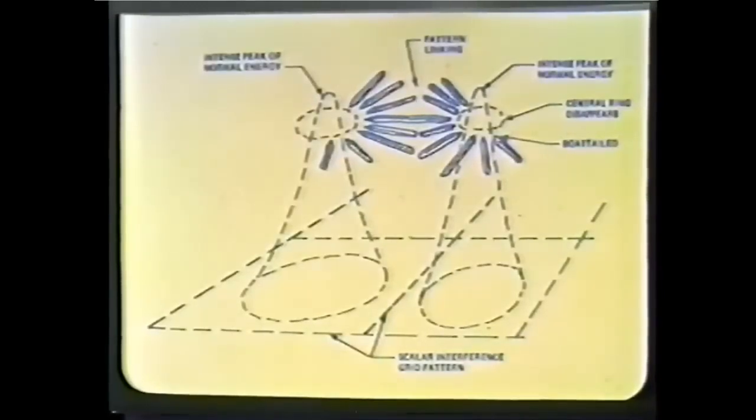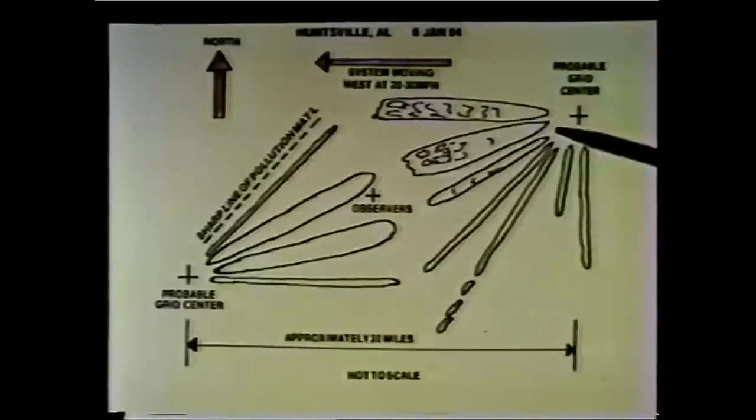Sometimes they use 2 patterns close together, and when that happens, the internal rings go out, and the rays become much thicker, and they become absolutely boat-tailed toward the center. Now, when they cut the power, the center fills up immediately with clouds. I have been unfortunate, and although I have seen classic ones of this, I have not yet got a decent picture. I will show you what I have, which is not a good photograph, and the photographs, therefore, should not be accepted as proof until I get better photographs, which I will do sooner or later.